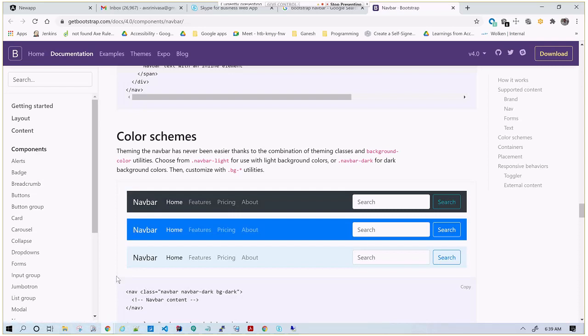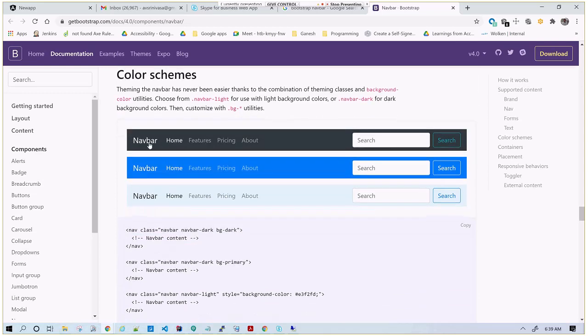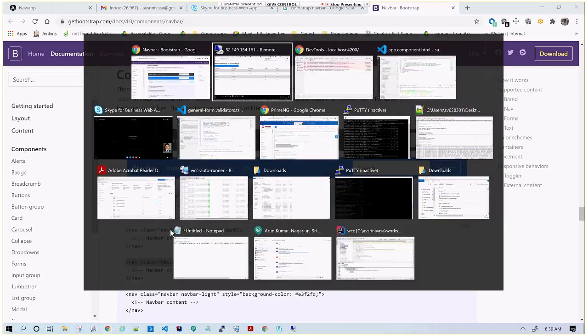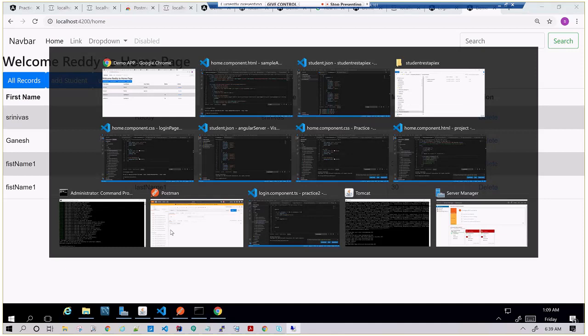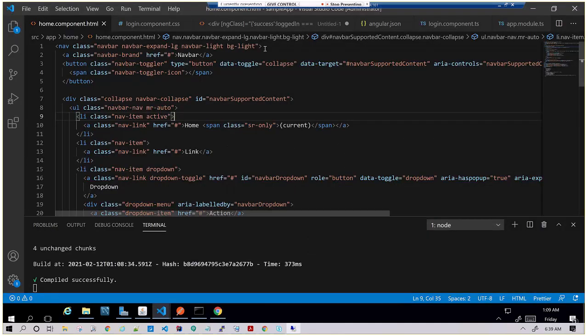For the navigation bars, the CSS is this one. So I'll copy this dark primary, the second one, and I'll paste it into our HTML page here at the first line.